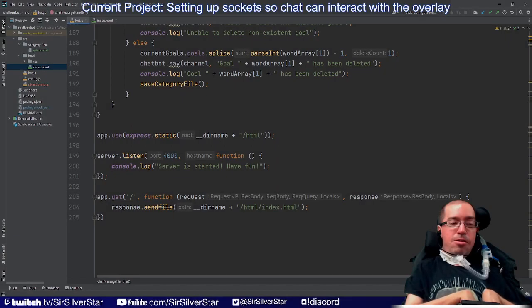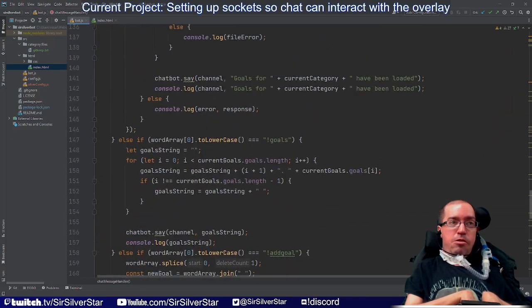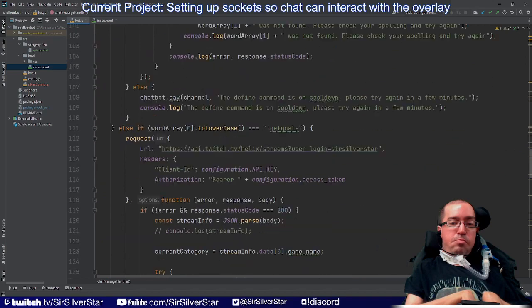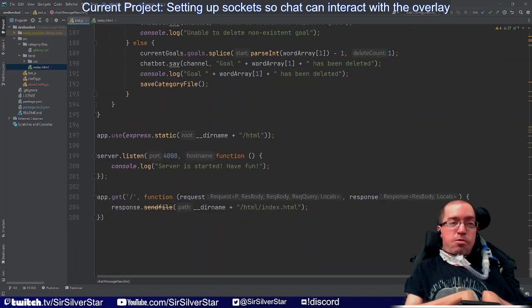Now that we've gotten all of the basic setup established for having the server set up to serve the HTML for our overlay, we have a server set up and we are serving the page that's at this point just a basic, flat, transparent HTML page. Now that we have that serving onto our overlay, what we're going to do is use